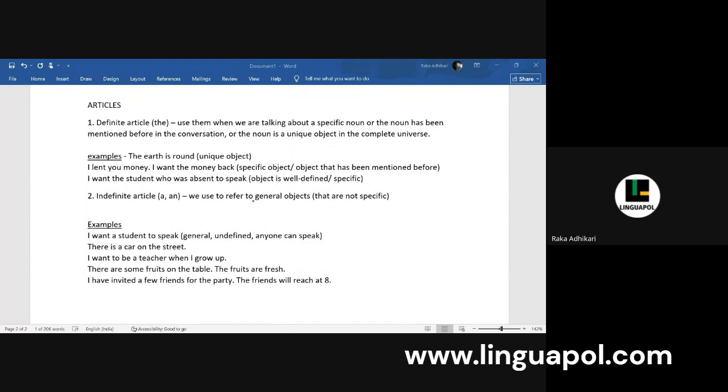Before we move on to the concept in Portuguese, it is very important that we understand the concept itself of definite and indefinite articles. So, is everybody clear with whatever I explained till now? Can you give me a thumbs up? Okay. Now let's move on to Portuguese.